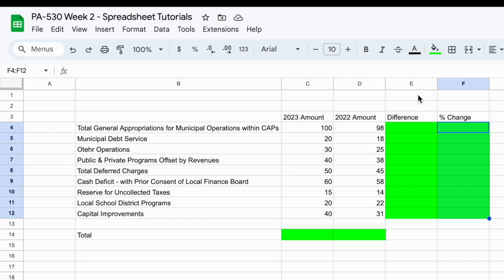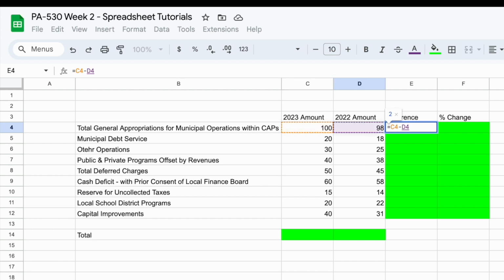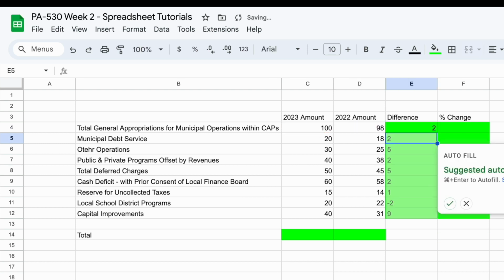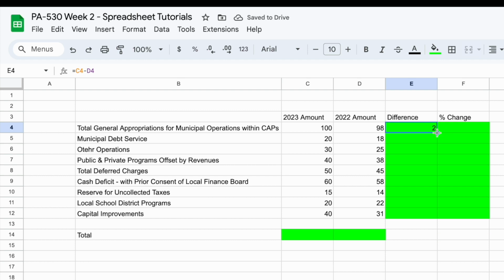So budgets will present information typically in a 2-year format. So what we're going to want to be able to do is see what's the difference between, for instance, 2023 minus 2022. Now you can see what I'm doing. I'm just clicking on these cells and then I'm using the minus sign on the keyboard for the difference. Now I'm going to drag this down